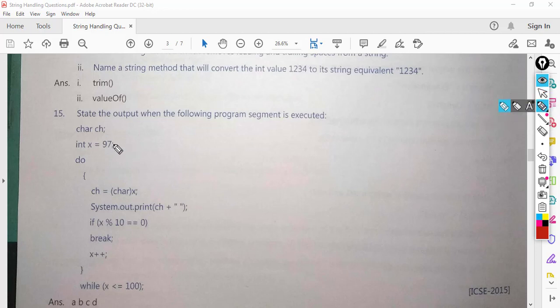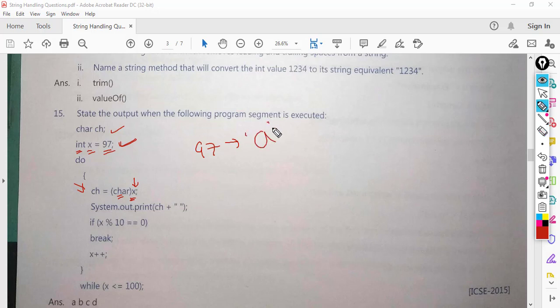Let's see this one. We have declared a variable ch. In the next line we are assigning 97 to x, which is of int type. Control comes inside the loop, and here we are typecasting the value stored in x into a character. 97 means small a.